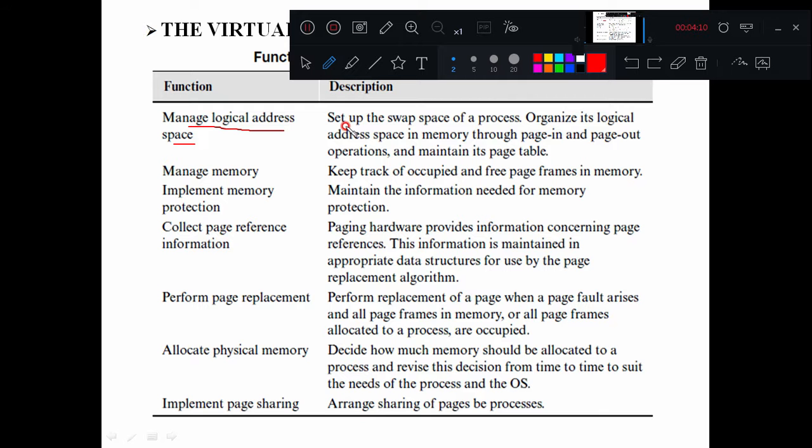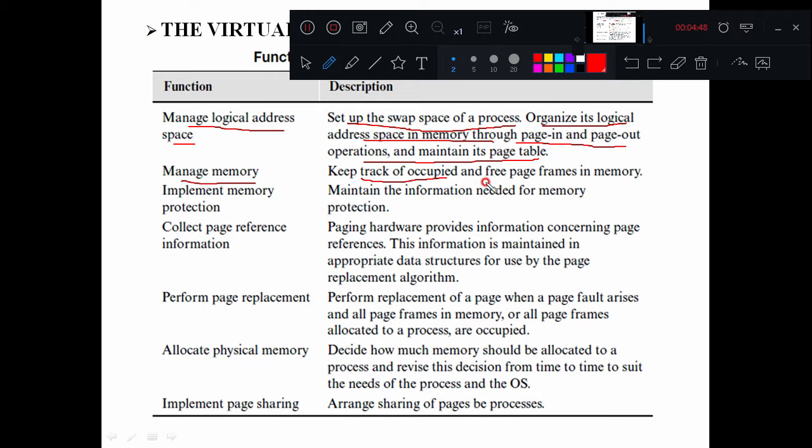It sets up the swap space of a process, organizes its logical address space in memory through page-in and page-out operations, and maintains its page table, right? So the virtual memory manager maintains the list of logical addresses of different processes, and with the help of these logical addresses, it calculates the physical addresses as the process starts execution, right?